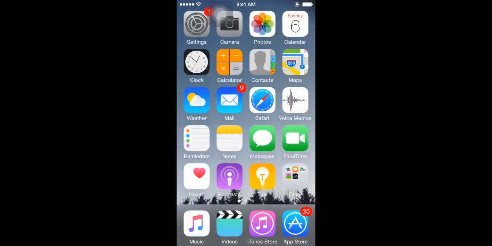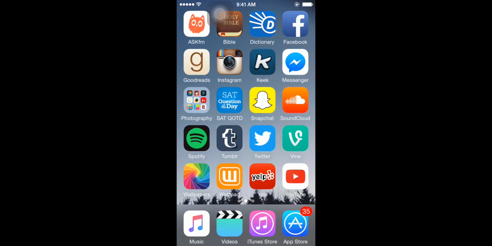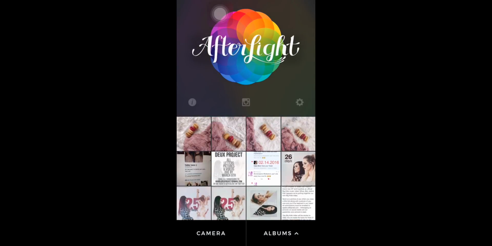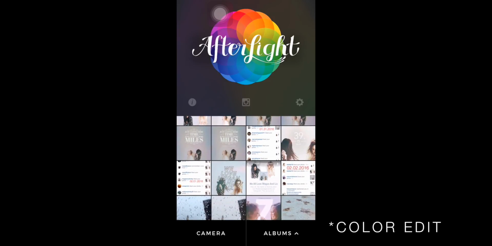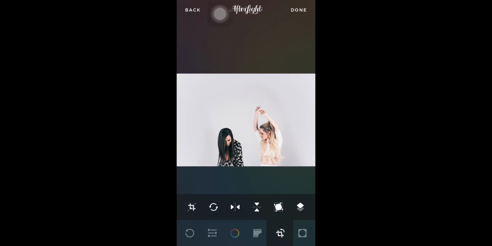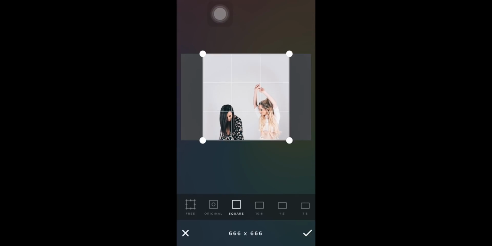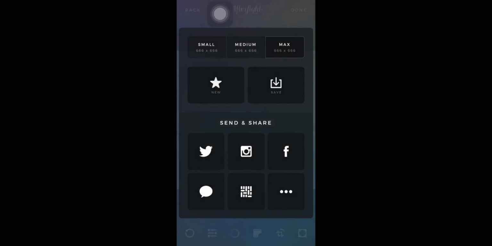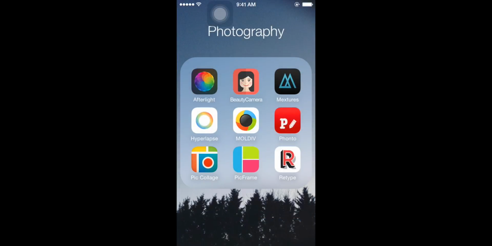So what I normally do is I go into Afterlight. Here we open it up. And I'm gonna be cropping the image. Sometimes I edit it first, sometimes I edit it afterward, but choose the image you want. I'm going to square crop, so center that, it looks good. And right now I'm actually not going to color edit it, so save that, and we want to put the